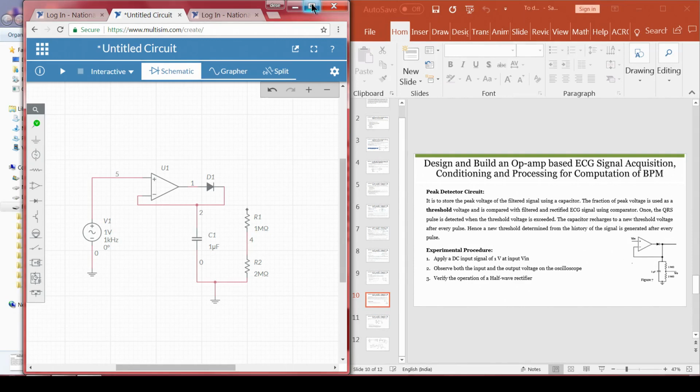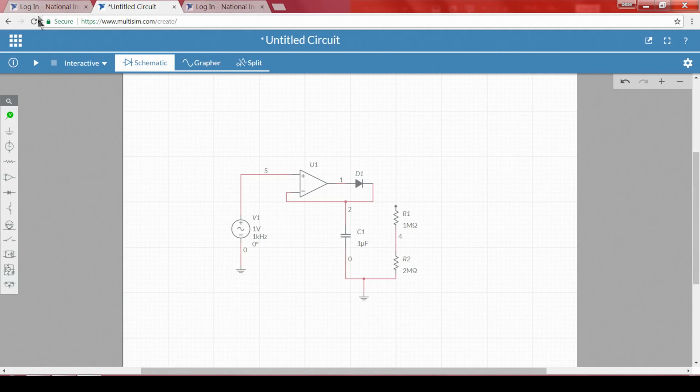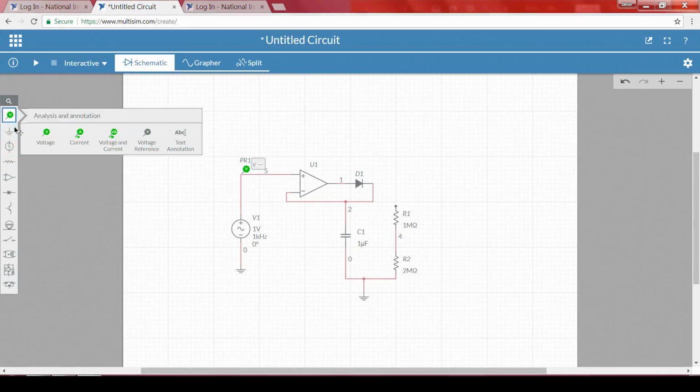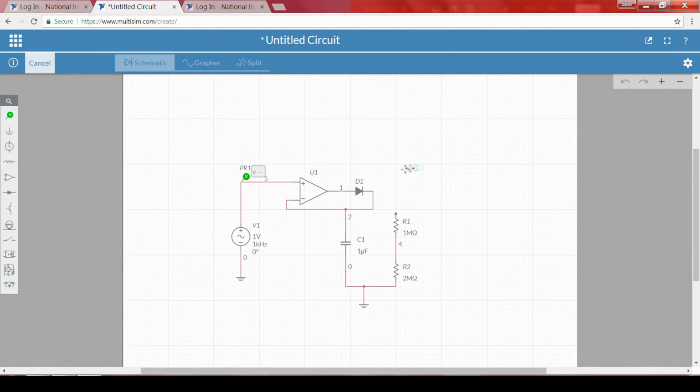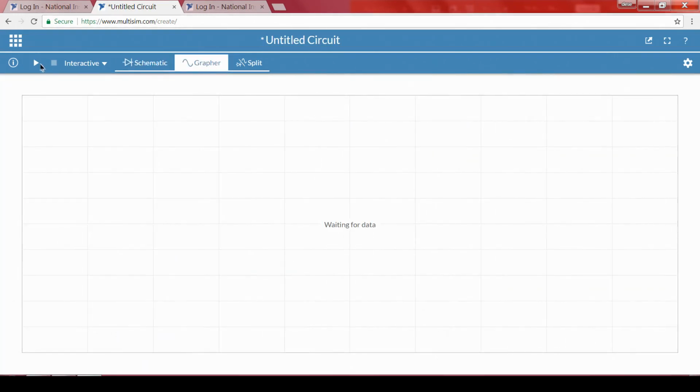So, whether it is giving the threshold of our requirement or not. Now, I will take two probes, one at the input, which measures the input voltage that we are connecting to the op amp positive terminal, and the other one at this particular point. The green represents our input and the blue represents our output of the op amp. Now, to understand the circuit, let me go to the graph and run it.